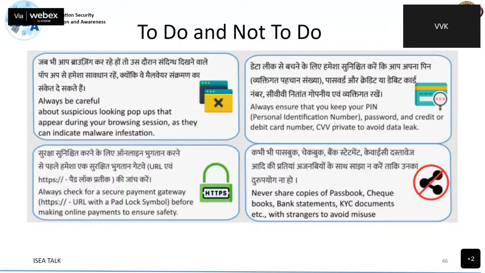Similarly, ensure password, credit and debit card numbers, and CVV are private. You should not leak that data. And HTTPS is something which you need to look at whenever you're performing a financial transaction. And never share copies of passbook or checkbooks, bank statements, your Aadhaar Xerox copies without writing a purpose on it or striking it off. So don't share the KYC documents with strangers.